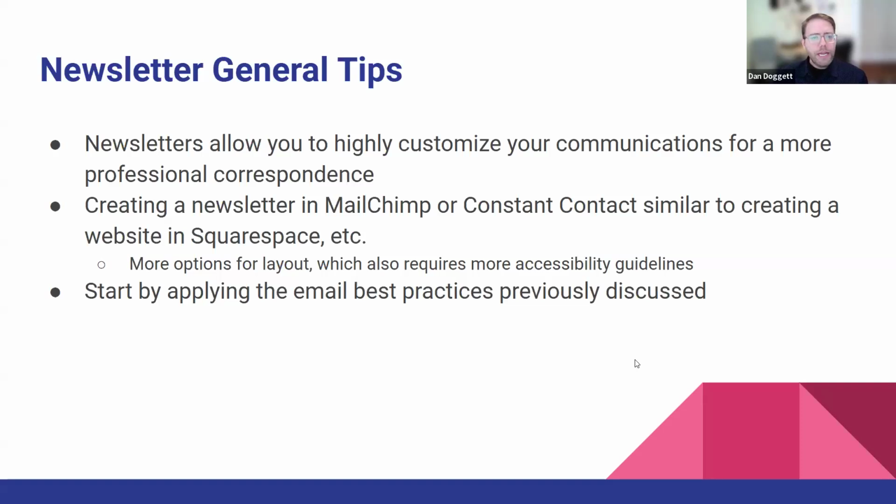Creating a newsletter in MailChimp or Constant Contact is similar to creating a website. If you've ever created a website in Squarespace or WordPress, there's lots of options for layouts, and you can drag certain items